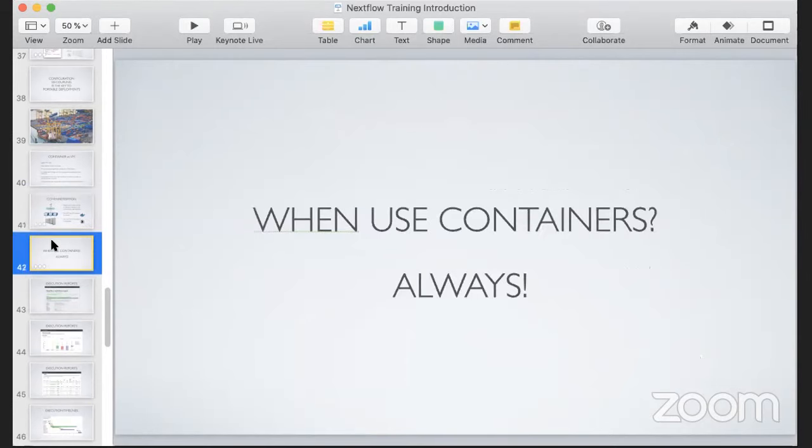I hope that one thing you can take out of this workshop is when to use containers would be always. Once you start using containers and become comfortable with building them, I can guarantee you'll never go back to installing software manually again, because it's just such a huge benefit to your work and speeds up all of the DevOpsy